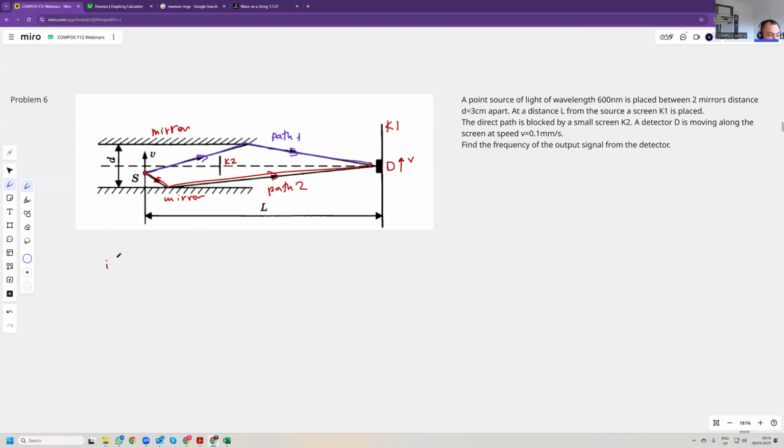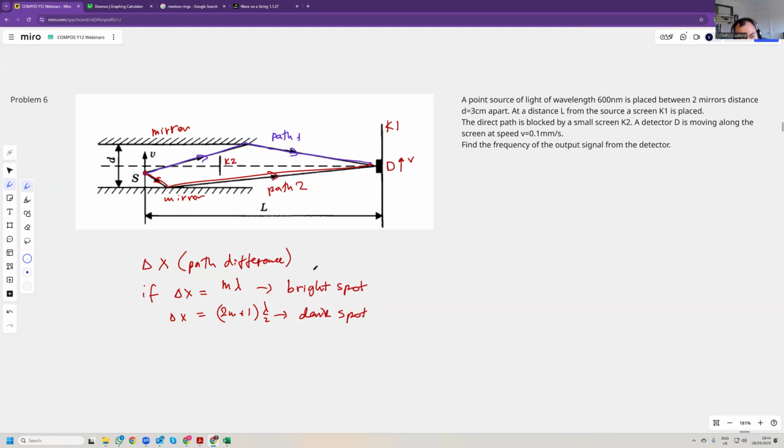And if the path difference, delta x, is equal to m lambda, that means it's going to be a bright spot. And if delta x is (2m plus 1) times lambda over 2, that's a dark spot. But it's a little bit complicated to think about it, especially if we don't know